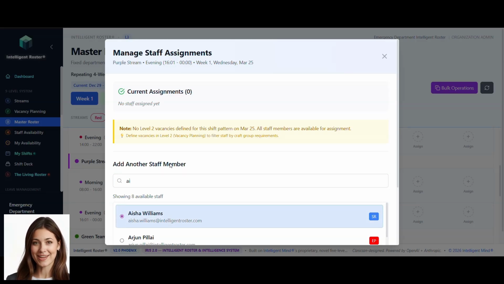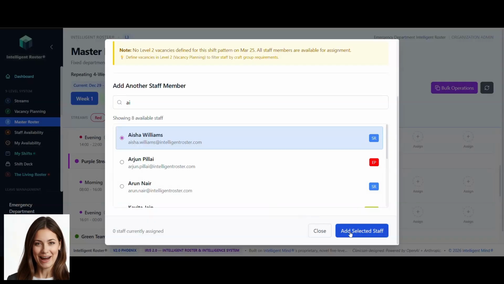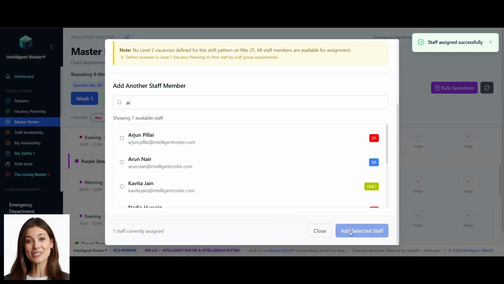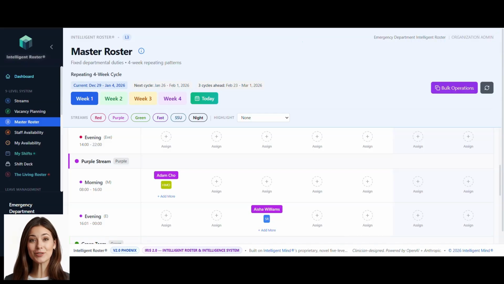Once you've made your selections, click Add Selected Staff, and you'll see the confirmation message in the top right corner. Close the modal, and the roster updates instantly with the new assignments. It is that simple. Understanding that the master roster works on a repeating cycle, typically 4 weeks, using the shift patterns you've already defined. That cycle is anchored to a start date, so everything aligns correctly as it repeats over